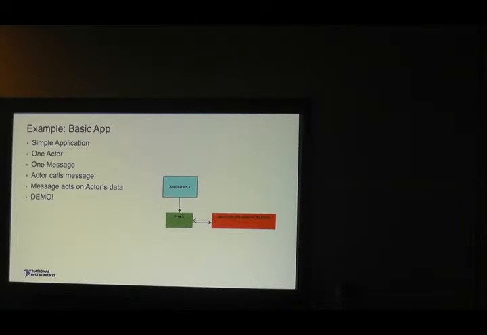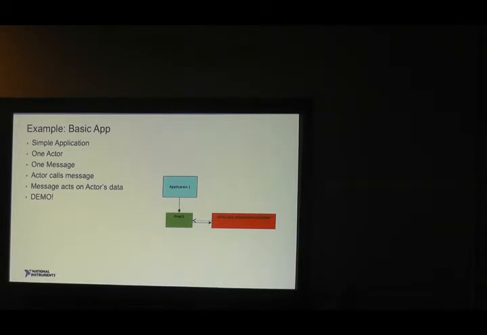So the key thing here is that if you're going to have a message that you're going to send from point A to point B, the sender has a copy of this class, and this class contains the definition of the data, and it contains what to do with it. The receiver is going to run the method within this class, and then that method is going to need to be able to access the state data of the actor, which means it will be statically linked to the actor process. And it'll also need access to any messages that it might decide to send out as a result of being executed.